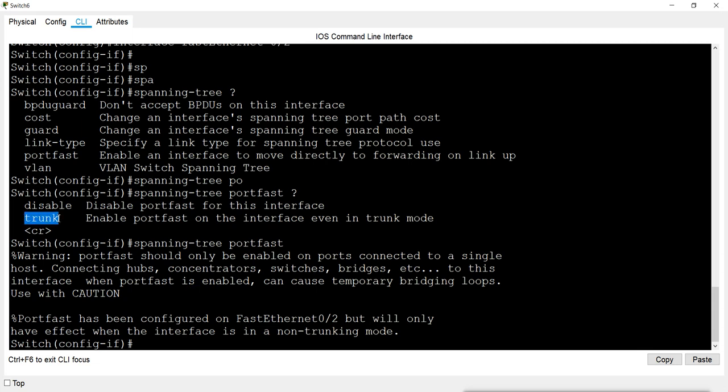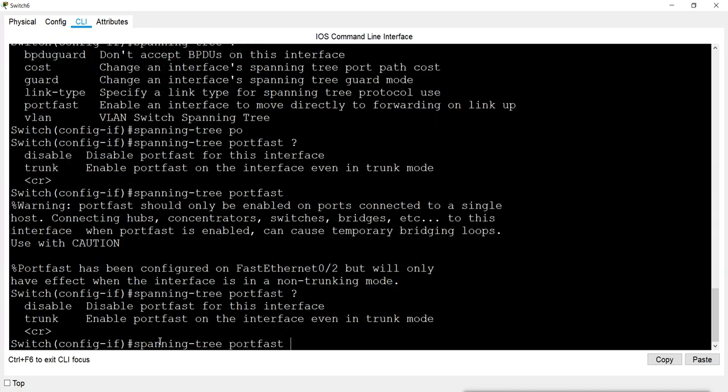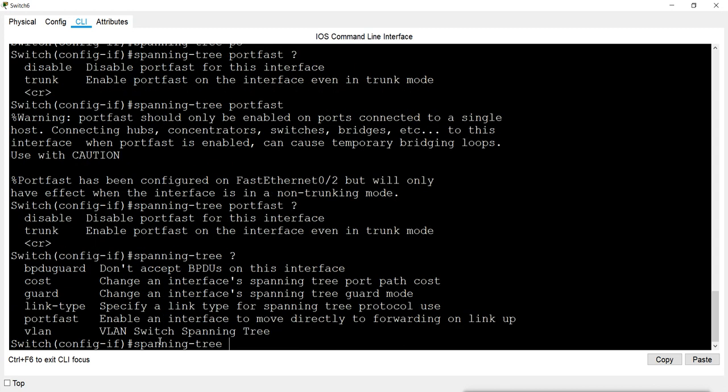Now because I have enabled PortFast, I should also guard against BPDUs. So I will also give this command, BPDU guard. What will that do? It doesn't accept BPDUs on this interface. So it will not do any BPDU processing and will not cause looping.